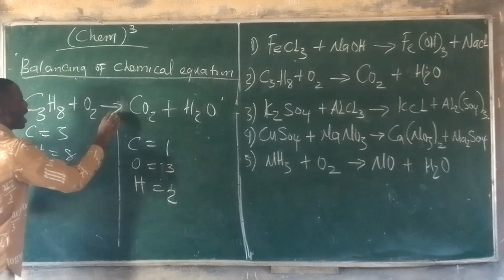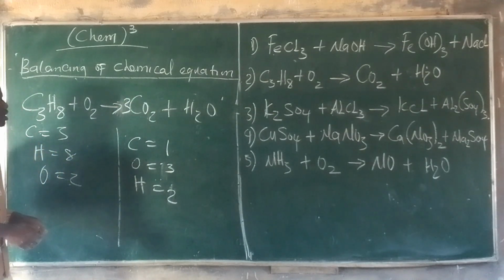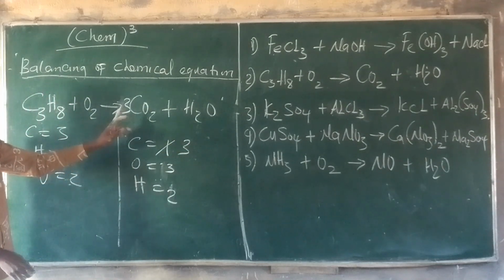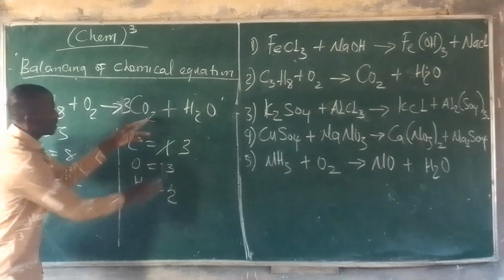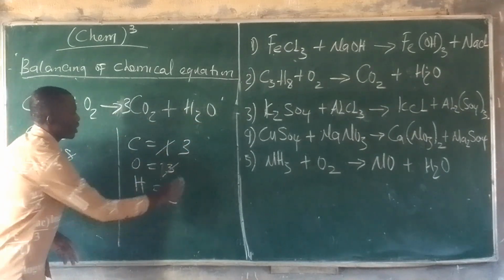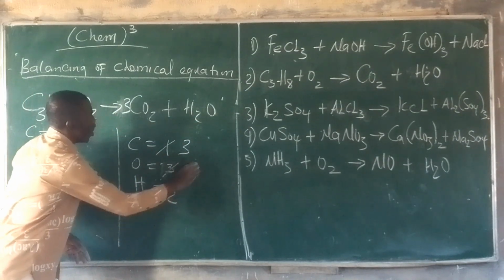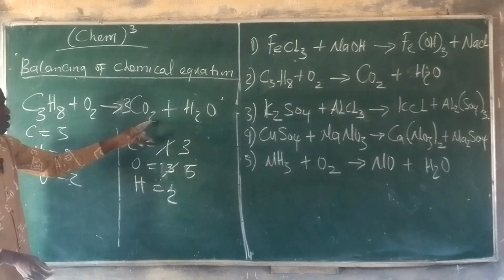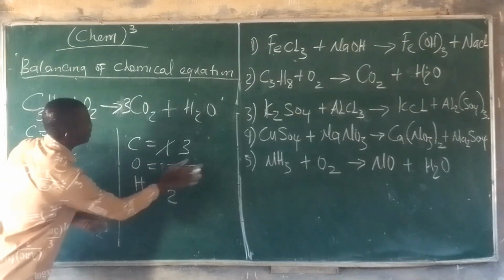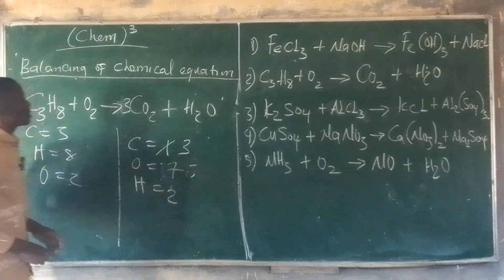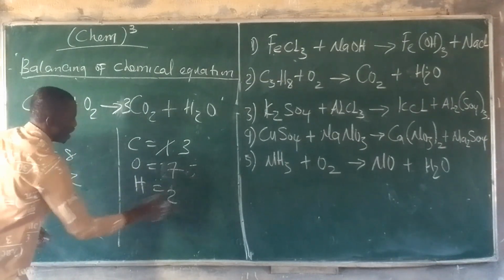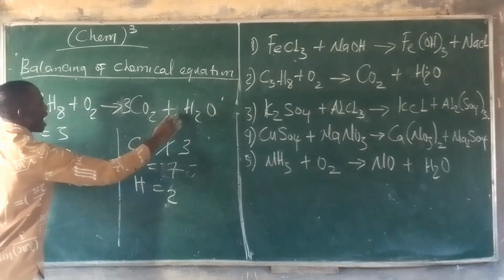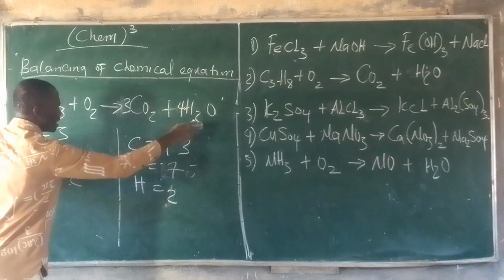If I add 3 to this side, carbon is 3 times 1 is 3. But the oxygen will change. 3 times 2, that is 6. And 6 plus 1, that is 7. Oxygen is now 7. Now meanwhile, hydrogen is 2. Hydrogen is 8. Now if I add 4 times 2,